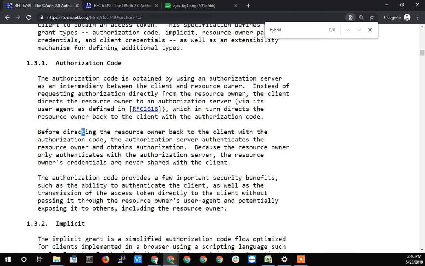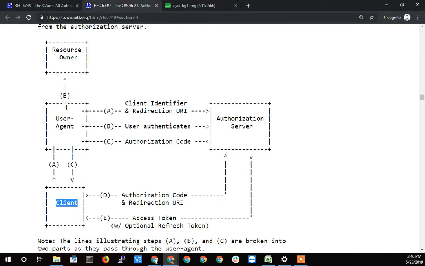Before redirecting the resource owner back to the client, the authorization server authenticates the resource owner and obtains authorization, so we got that. And because the resource owner only authenticates with the authorization server, the resource owner's credentials are never shared with the client. So, again, the resource owner is using the user agent. The client sends a redirect to send the user agent over to the authorization server. So in my draw.io example,